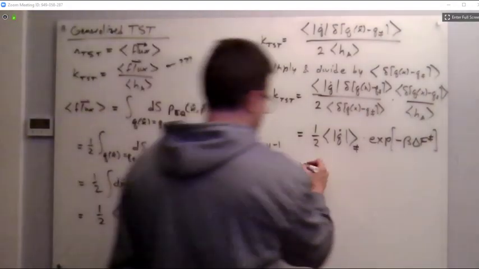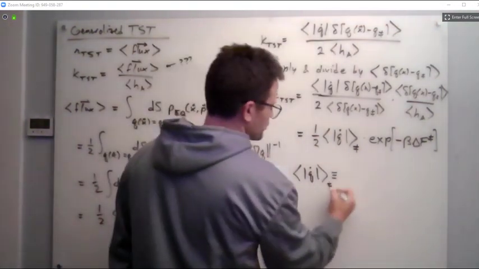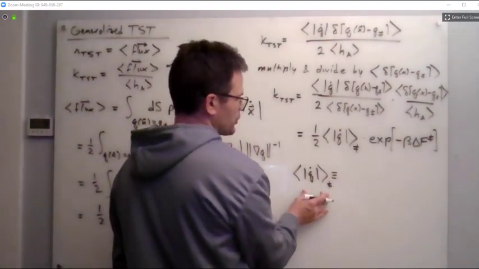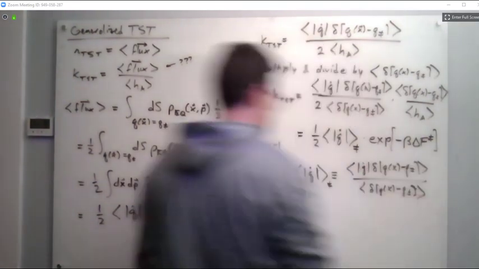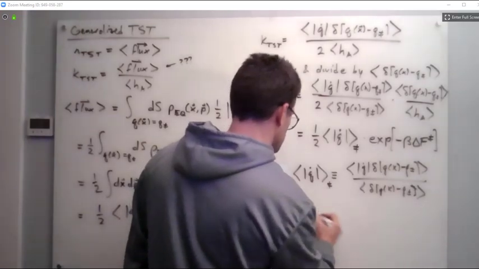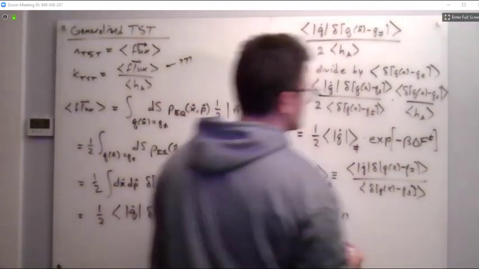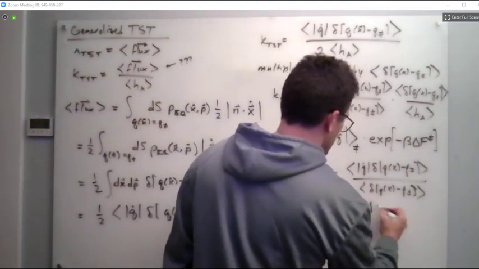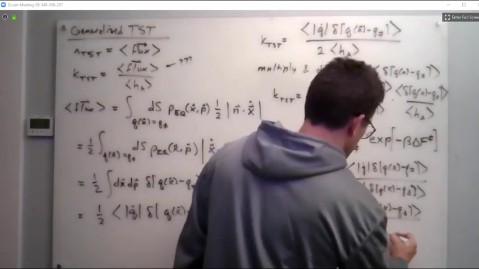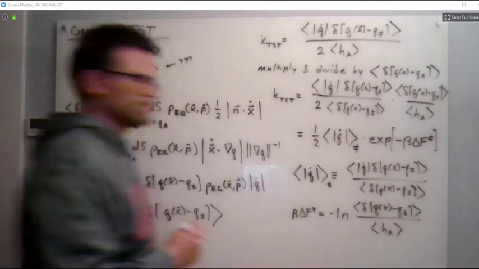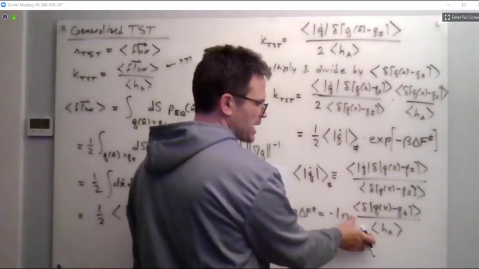Okay, so we are implicitly defining these quantities. We have the average absolute velocity along our reaction coordinate at the transition state, given by this. And then beta delta f double dagger is defined in the usual way: minus the log of the equilibrium probability to be at the transition state relative to the equilibrium probability to be in the reactant state. Okay, so this is this generalized version of transition state theory, and that naturally comes out of an umbrella sampling